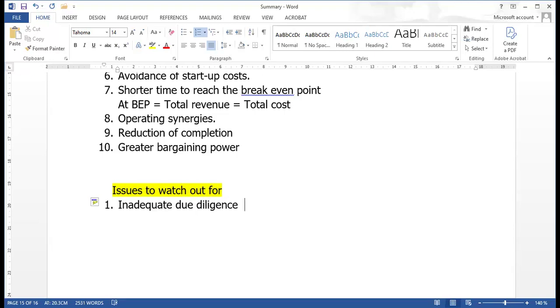Those financial statements may not reveal all the risks facing the business. You may find that it has unpaid taxes, legal disputes, employee claims, damaged assets, excessive debt, unprofitable contracts. So if you don't do enough due diligence,